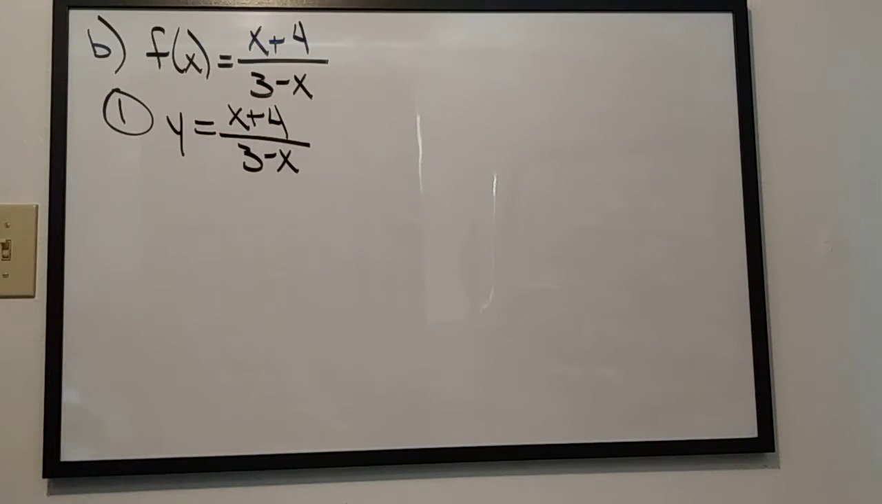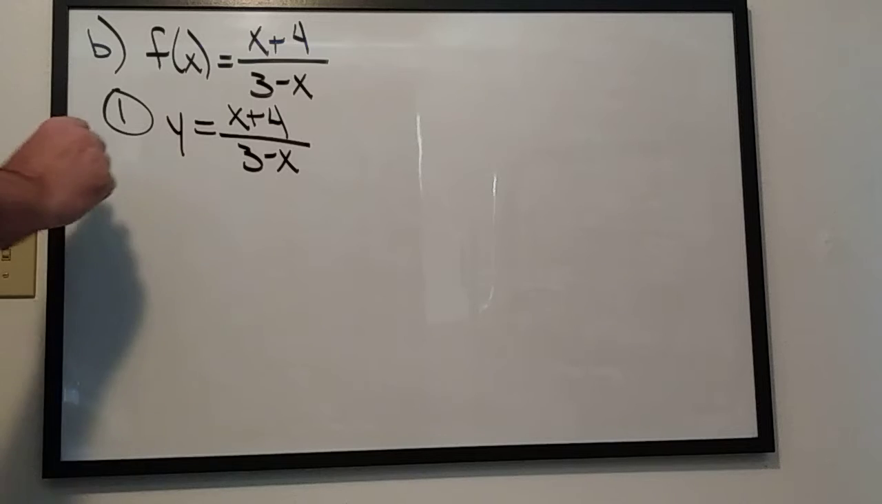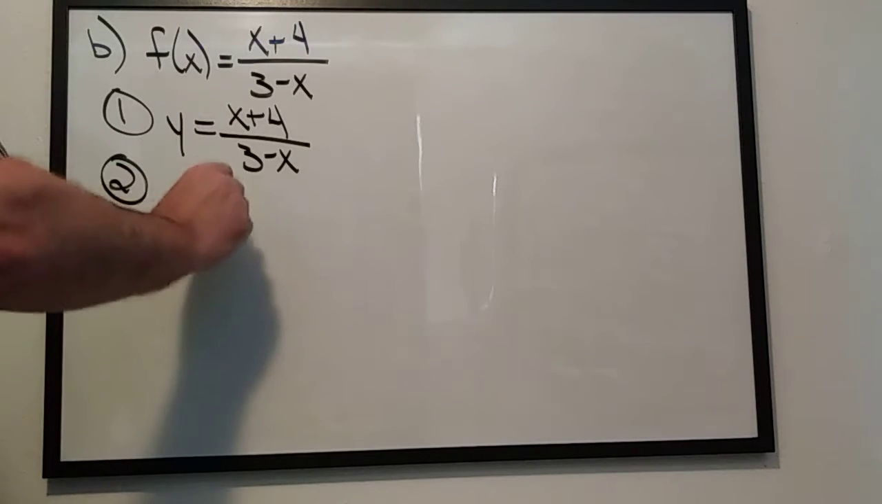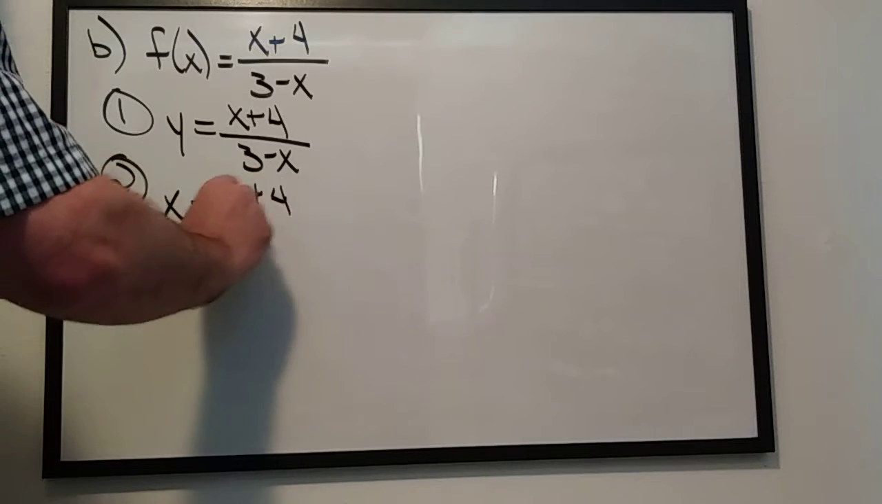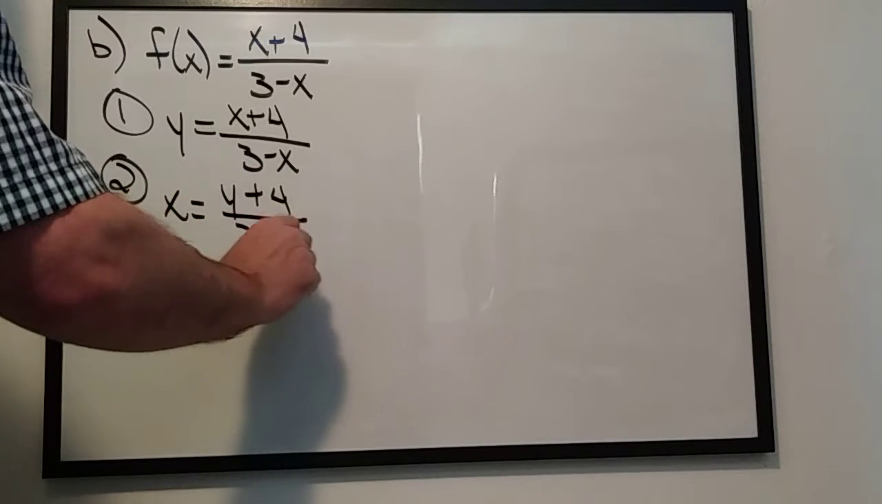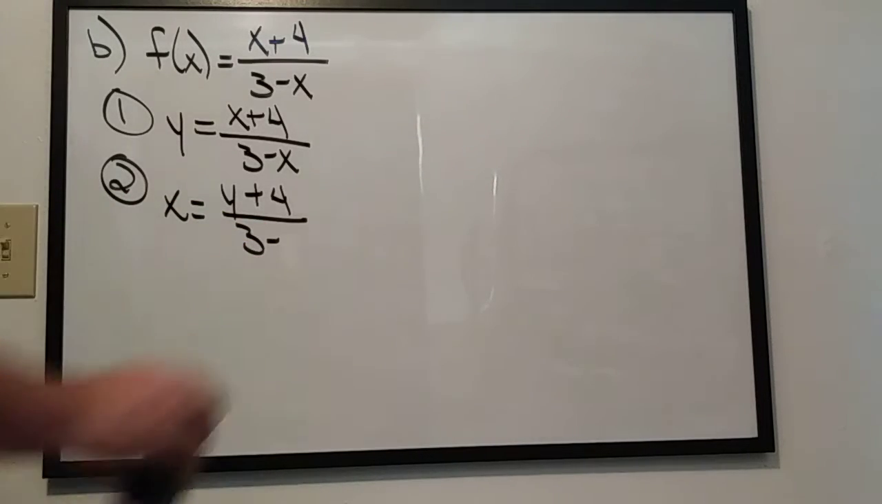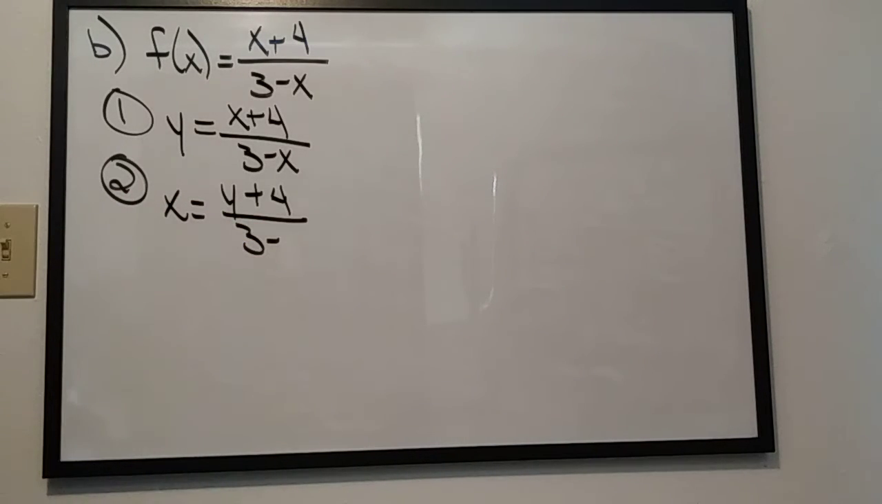Step number 2, interchange the x's and the y's. So everywhere I see a y, it's going to become an x. Everywhere I see an x, it's going to become a y. Oops, 3 minus y. So now that I have interchanged the x's and the y's, the next step is to